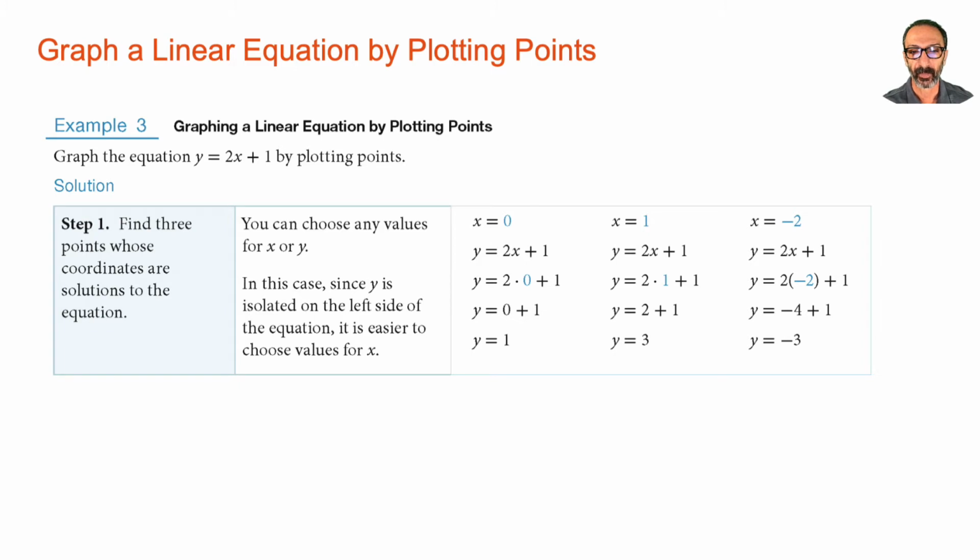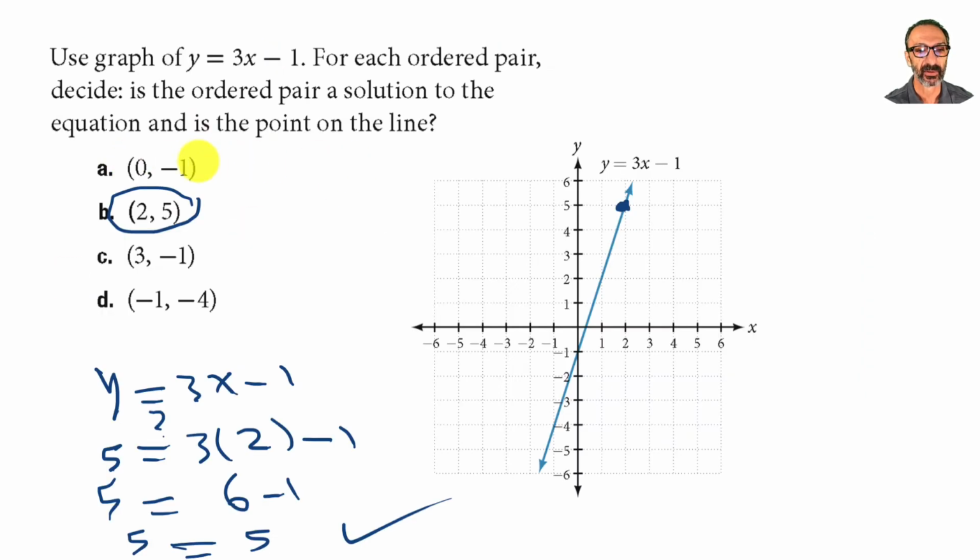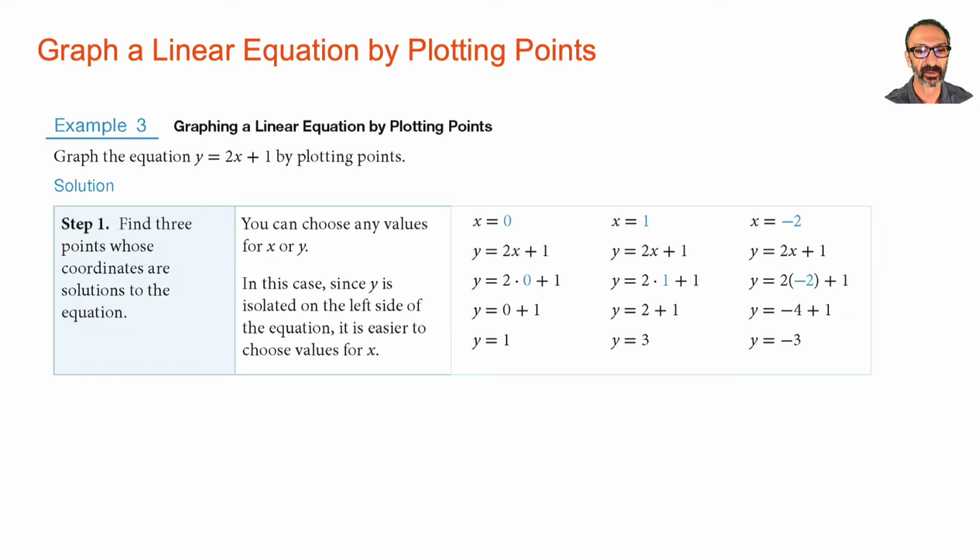So when you have 0 for x, you get 1 for y. Let me go back and look at the ordered pairs. 0 for x and 1 for y. That's a different example. This one here is algebraically, and it says y equals 2x plus 1, as you could see. And to check with some numbers,